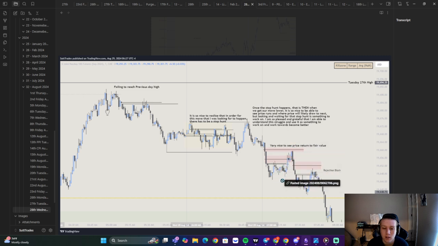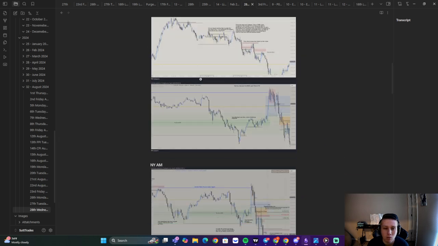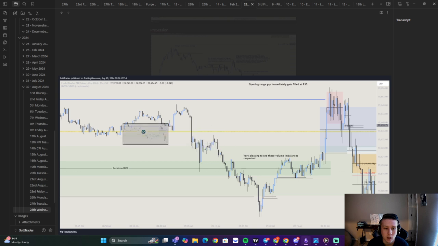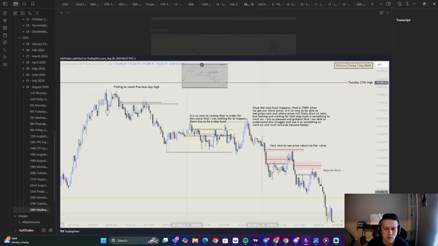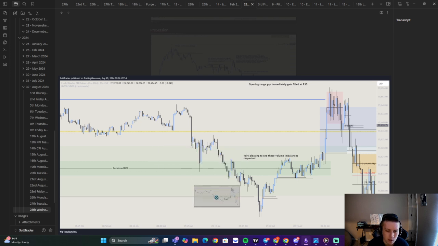Price has been delivered buy side here, sell side here. We don't really need to trade back up within that. So that was that pre-session, and is this the lower half of that? No, I don't believe so. I believe there's more I'm missing out. So I'm not showing everything, but here we have